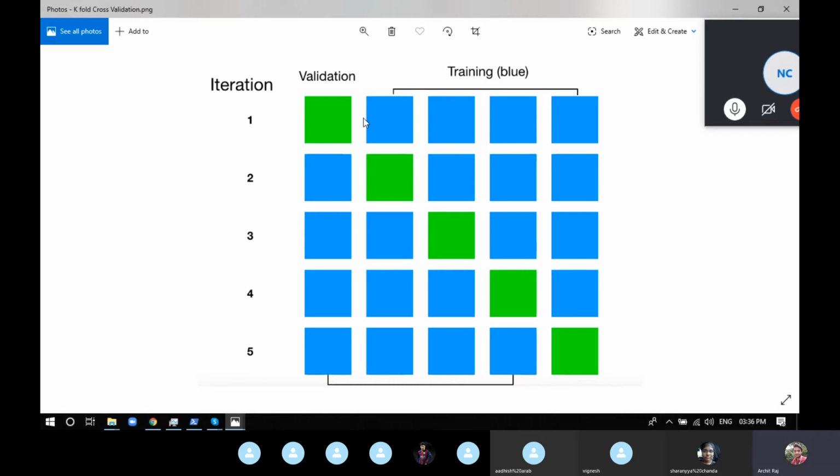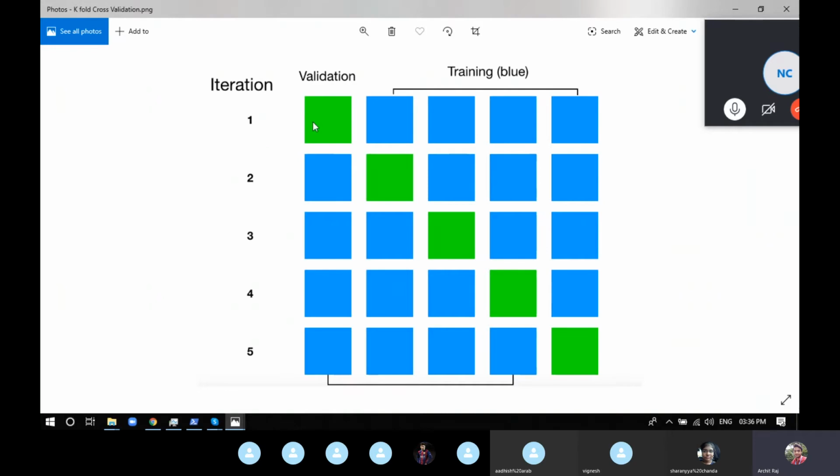After this has been divided, we're going to do the same thing that LOOCV does, keeping one fold outside for testing, and we'll train the model on all the 4 remaining ones. So in the first iteration, we kept one fold outside and trained our model on the 4 remaining ones. In this iteration, we'll get an accuracy.